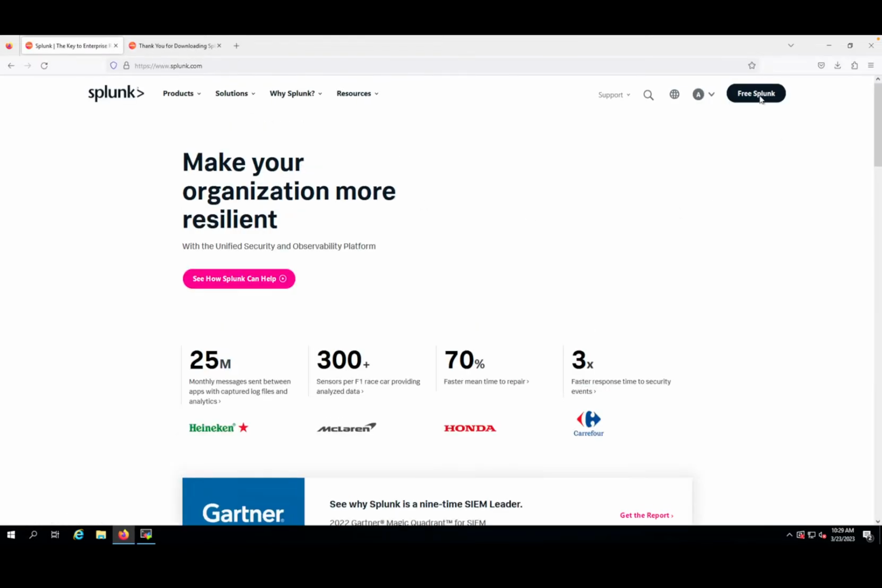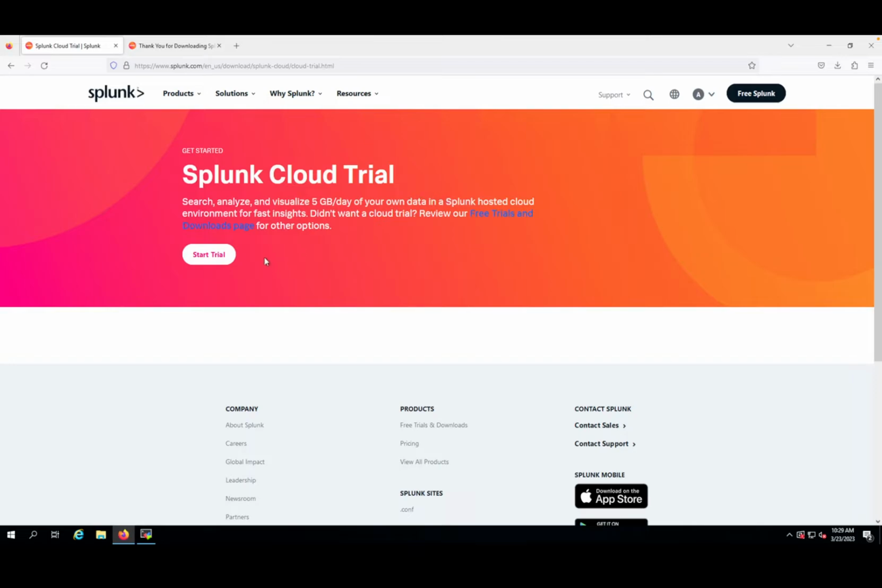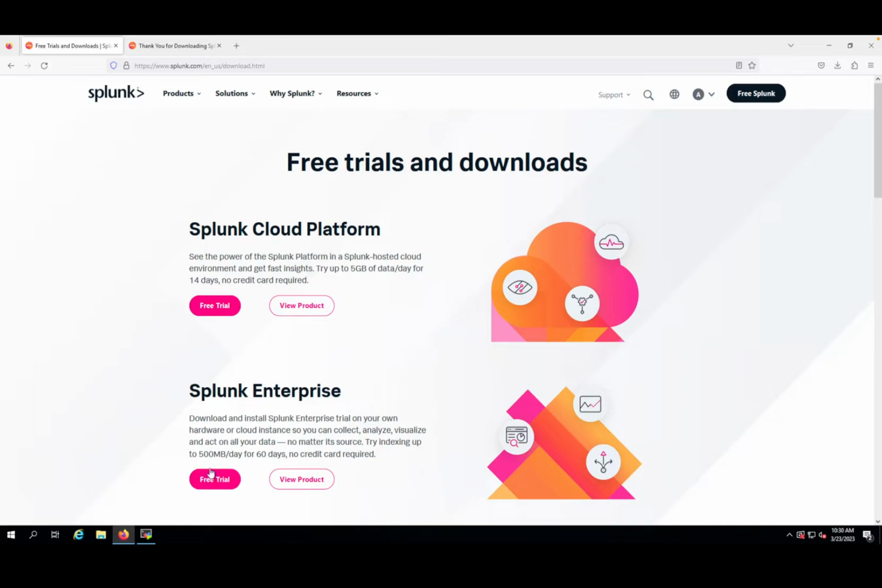Okay, in here you can click on free Splunk. If you're not logged in, you'll be asked to enter your credentials and so on. You can click start trial if you want a cloud trial, but in this case it is not our use case. Click free trials and download pages, and from here, when you are on this page, you see Splunk Enterprise, you click free trial,